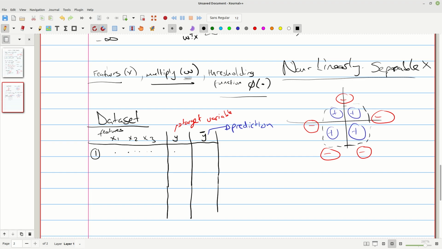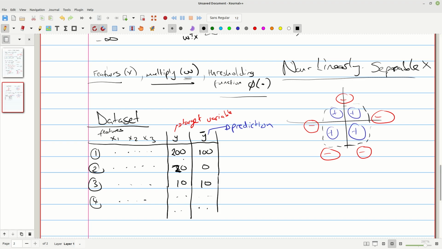So for the first entry, let's say the target variable value is 200, but our prediction is something like, oh no, it's 100. And for the second one, let's say the target is 50, but our prediction says it's 0. For the third one, let's say the target is 10 and the prediction says it's 10. And for the fourth one, and so on. So as you can see, for every prediction we're making, there is going to be some error involved. So actually, to make this clear, let me just make this 20 here.